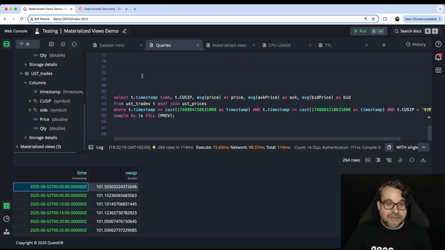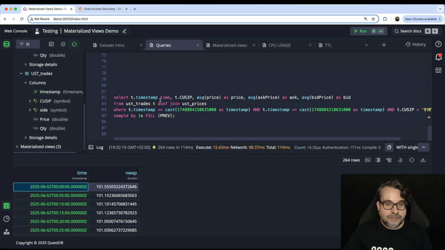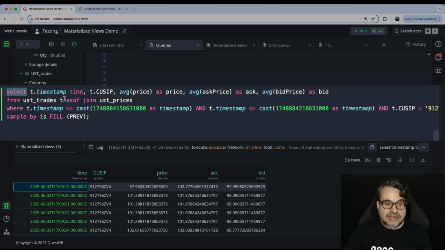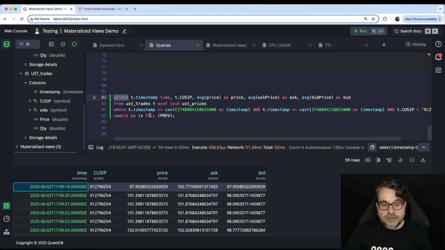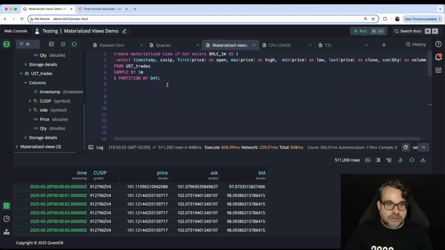And the last query I have, this is the mid price query here. The last query is doing a join between 2 tables. It's taking the trades table and the price table, and it's calculating some averages just for the mid price, but it's actually a join with a sample by. With materialized views, I'm going to be able to materialize these results to make it way faster.